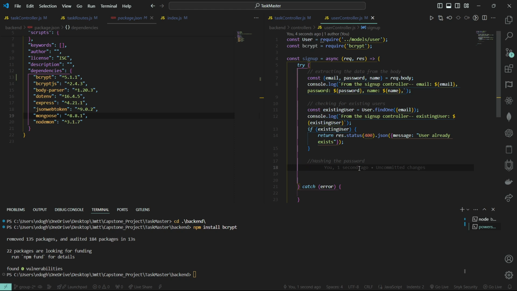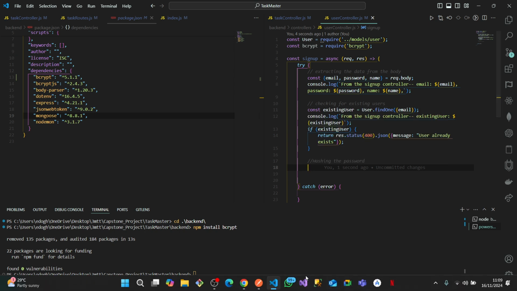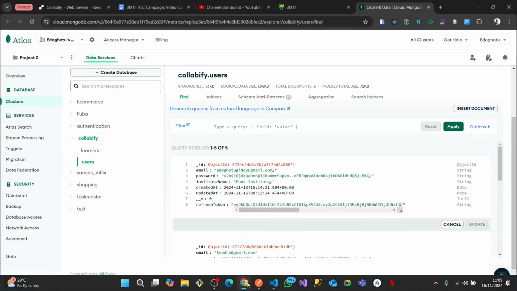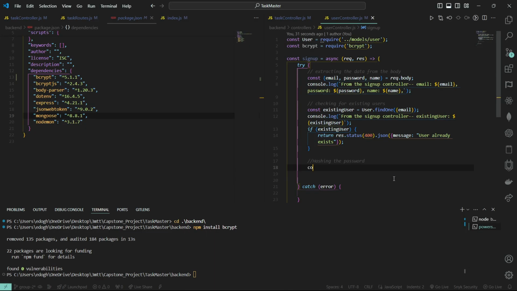First of all, I'm going to create a salt. A salt is a random string added to the password to strengthen the hash. It is that salt that is responsible for this output. So I want to set up the salt: const salt equal to